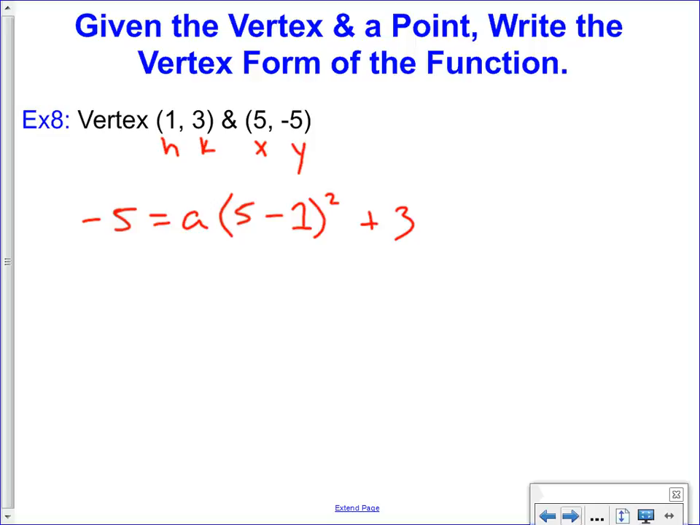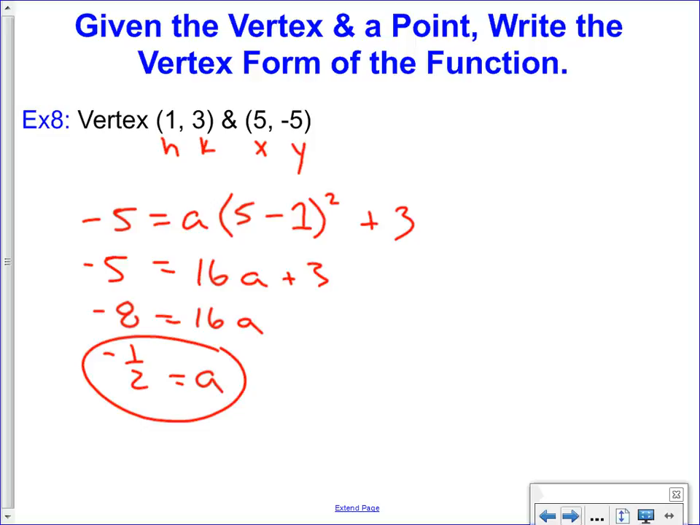It'll be negative 5 equals 5 minus 1 is 4, squared is 16. So 16a plus 3. Solve that, please. This becomes negative 8 equals 16a, divided by 16. Negative 1/2 is your a. So plugging all that in, the general equation is y equals